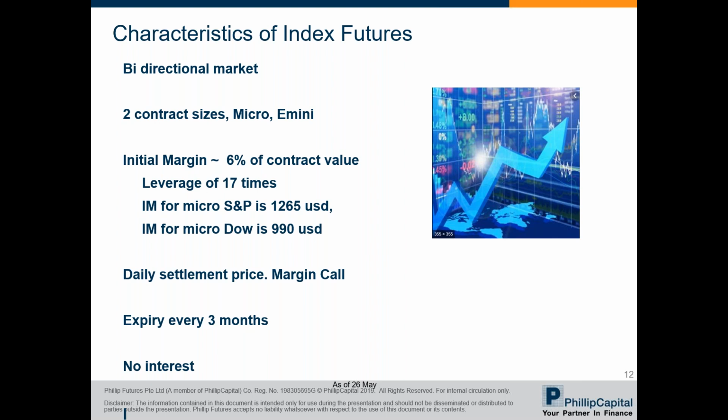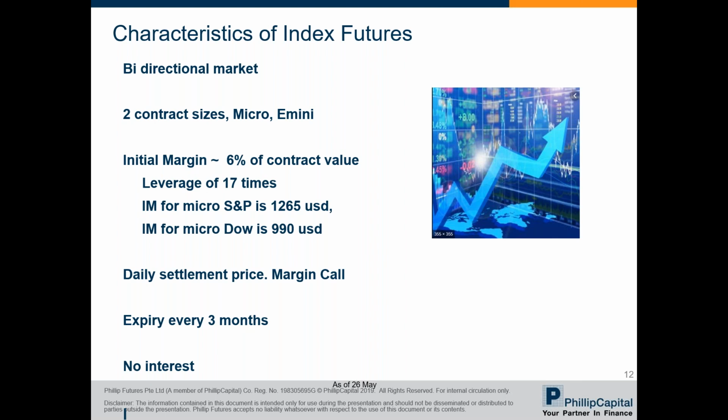The index futures is a bidirectional market, meaning you can buy for the upside, and also you can sell first if you think the market is coming down. Then after it comes down, you can buy back at a lower price to take profit. This allows you to short the market, unlike straight stock buys, which do not allow short selling. As shown, there are 2 contract sizes you can opt for: the micro size for controlled sizing, and the bigger mini size, which is 10 times bigger. You can do multiples of each contract as well, like mentioned before.